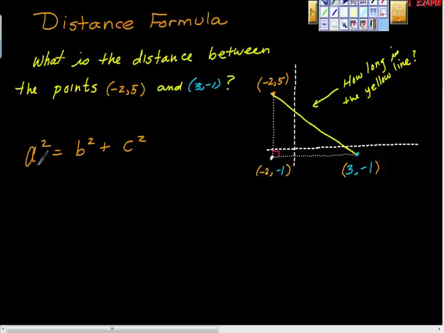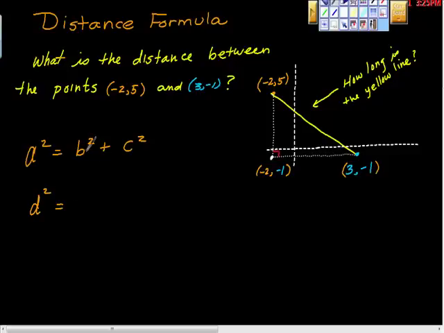So here is the Pythagorean theorem, and the Pythagorean theorem says that the hypotenuse, a squared, is equal to b squared plus c squared, where this value here has to be a. This is b or c. So all I'm going to do is change this. I'm going to trade this, and I'm going to say the distance squared is equal to